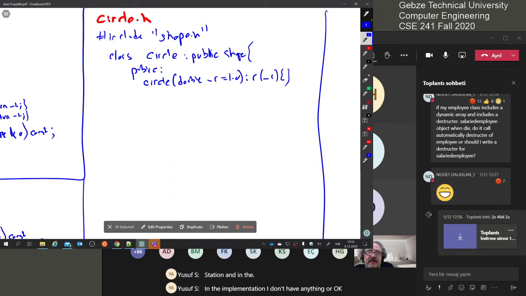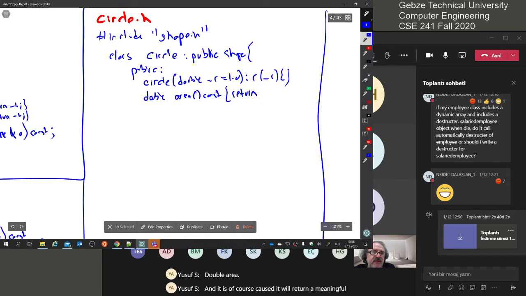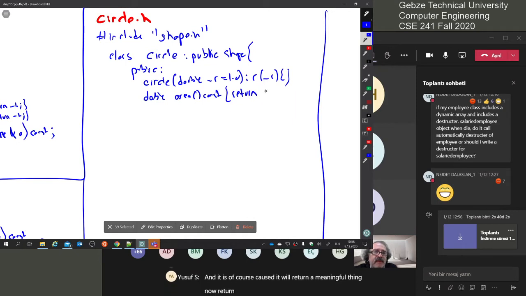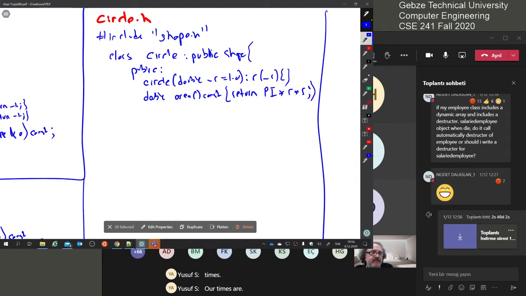Let's define double area, and it is of course const. It will return a meaningful thing now. Let's say I have a constant pi which is defined in math.h. I did not include it, but okay, return pi times r times r,